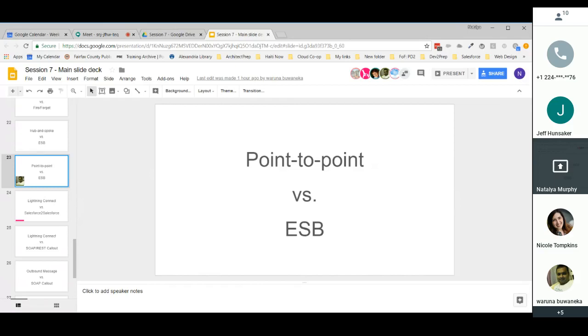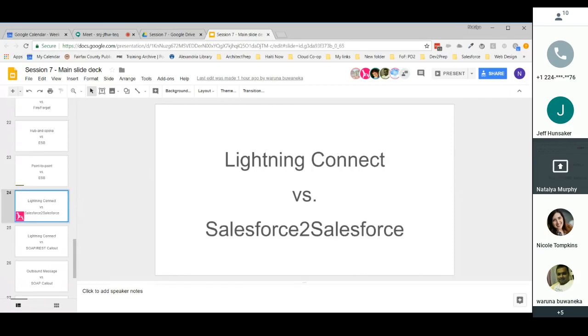All right, so the next three are Terry, Svatka, and Jeff, and we're talking about Lightning Connect versus Salesforce to Salesforce. And Terry will lead us off. All right, so Lightning Connect would be if you want to access external data within Salesforce, maybe from a legacy system,